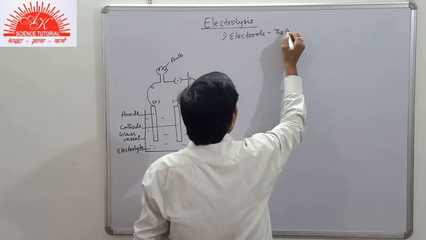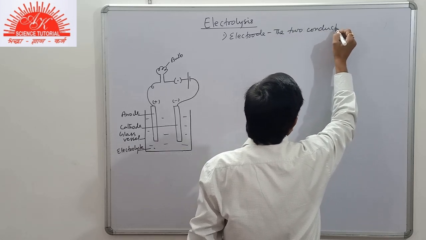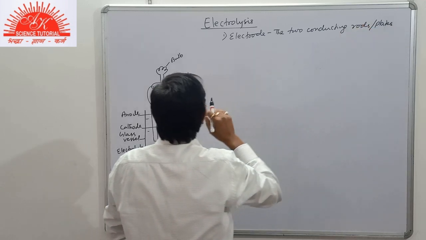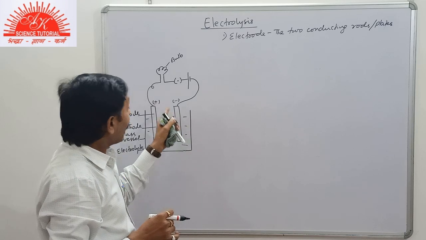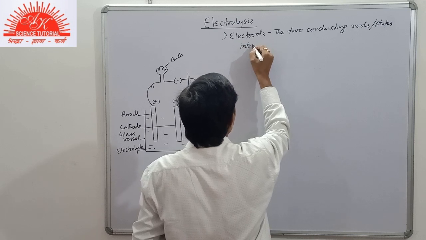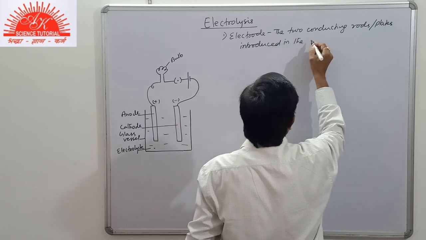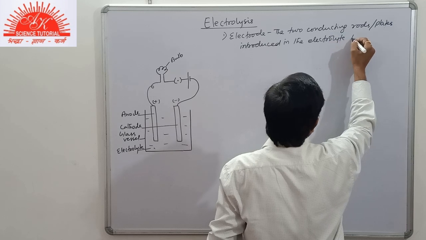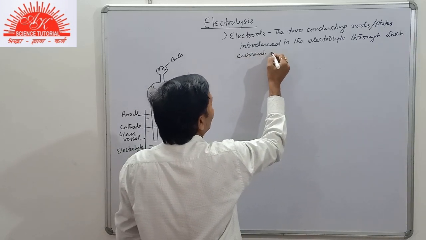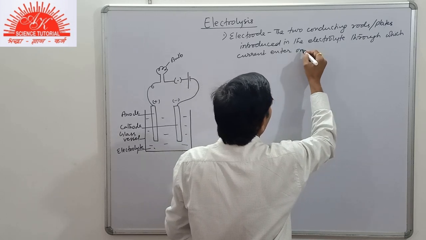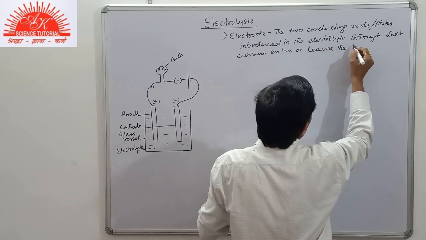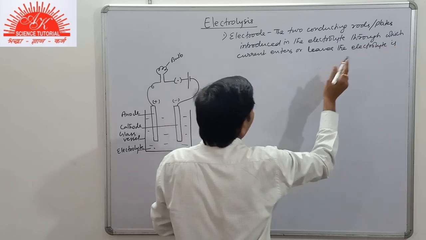Electrode: the two conducting rods or plates, conducting rods that may be made up of metal, graphite or gas carbon, introduced in the electrolyte, through which current enters or leaves the electrolyte, are called